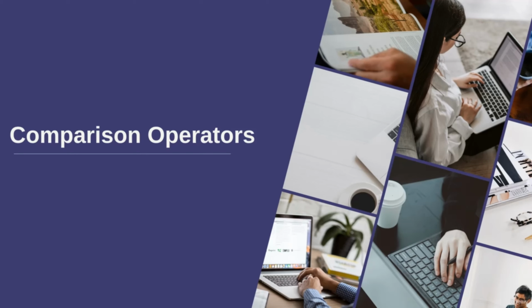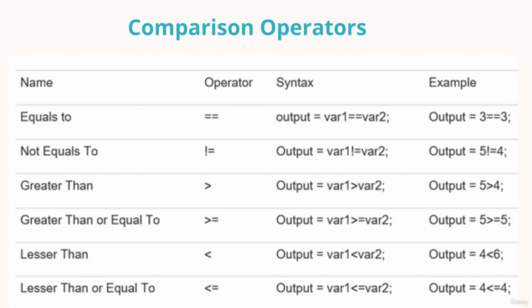Let's have a look at the comparison operators. We have these 6 operators for comparing values, such as the double equals to. Single equals to is the assignment operator, while double equals to is the comparison operator, which compares whether two values are equal or not. If the values are equal, it will return true, otherwise false, and the very opposite is the not equals to